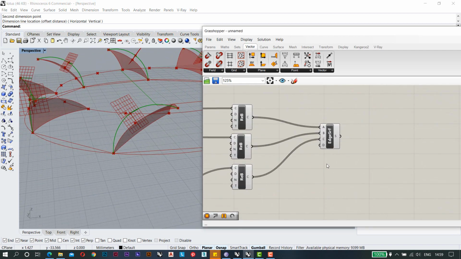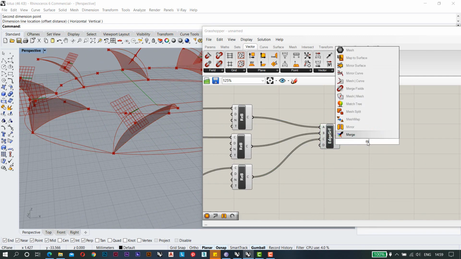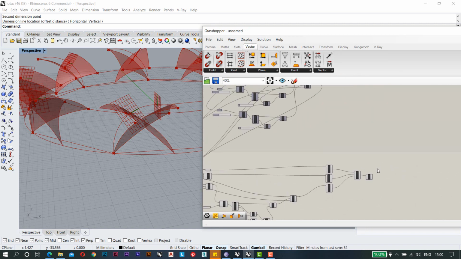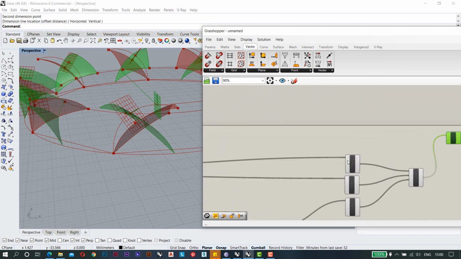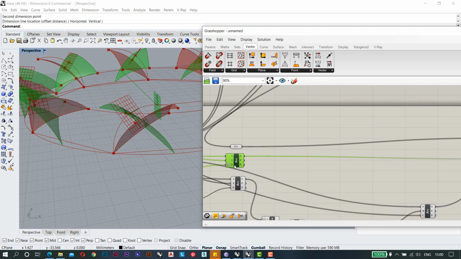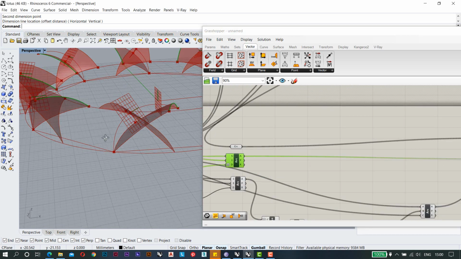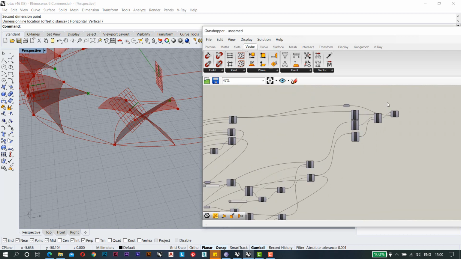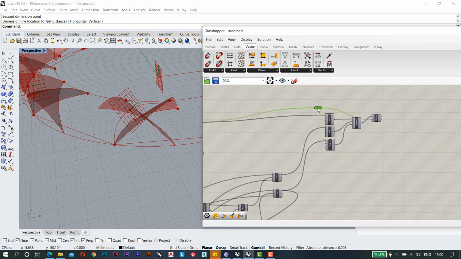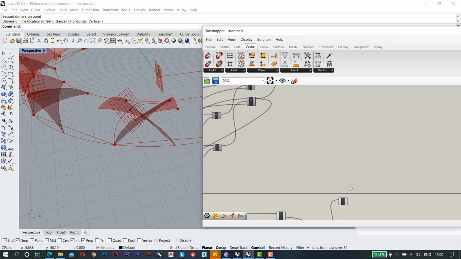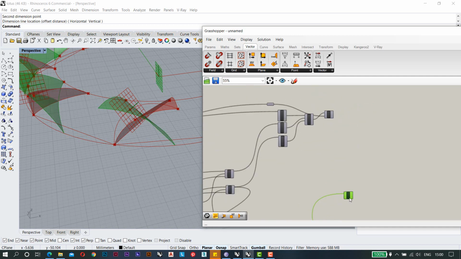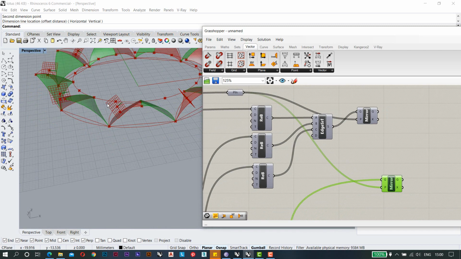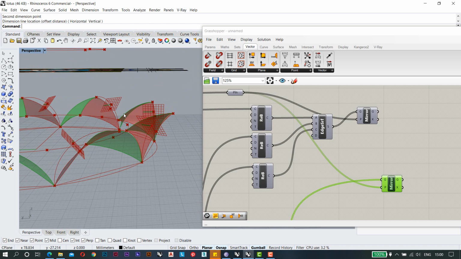So I will make a mirror of it now so that I can have a better visualization. So mirroring it again, we need that kind of plane. So these are our arcs which are there, but basically we need the plane that we have from these arcs. So I'm just trying to put this plane here, which is this one. So I will put it here so you can see this mirror is there.